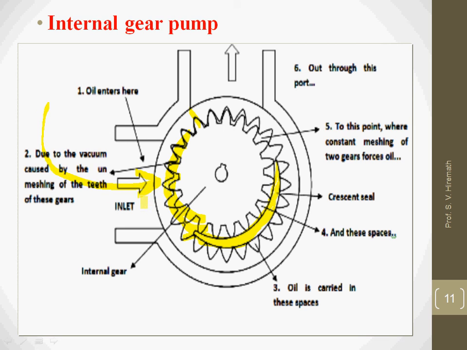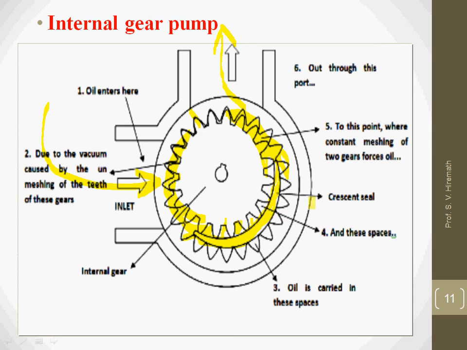into the chamber, and when it reaches this particular point, the gap between the teeth will carry the hydraulic fluid. Finally, at this particular point there is a reduction in the volume because of meshing of the teeth again, because of which there is a squeezing action on the hydraulic fluid. This makes the hydraulic fluid move out of the outlet line, right?